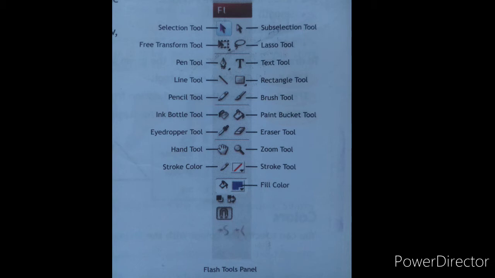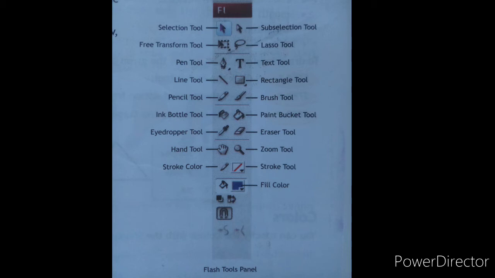Next is the text tool. The text tool is used to edit the individual letters or words inside the text area at any time. Then on the left hand side we have the line tool. The line tool is used in much the same way that you would use a real pencil to draw with a ruler.